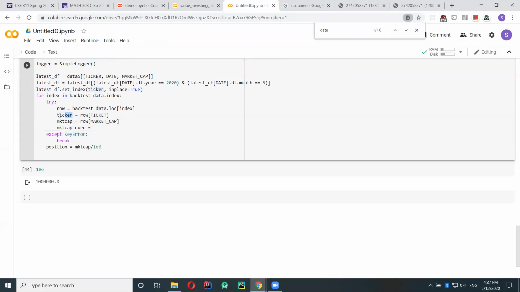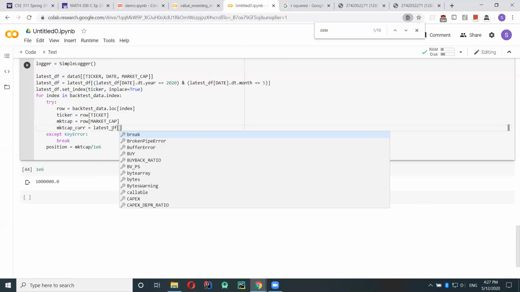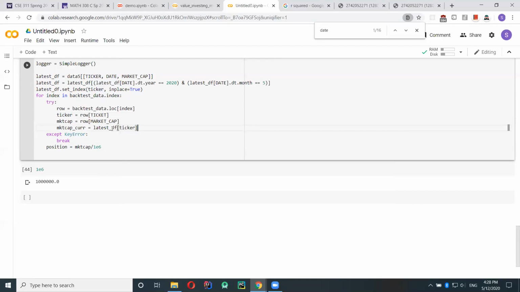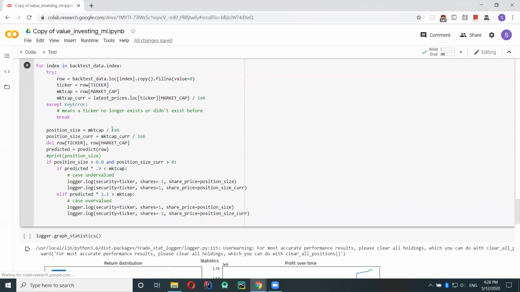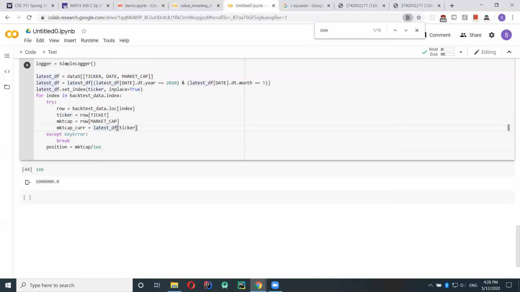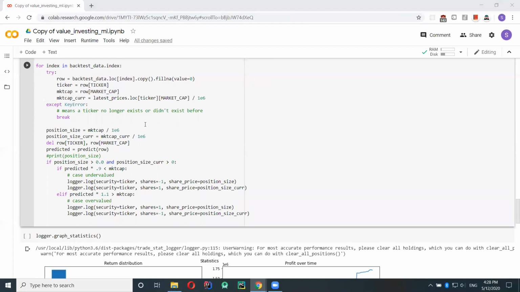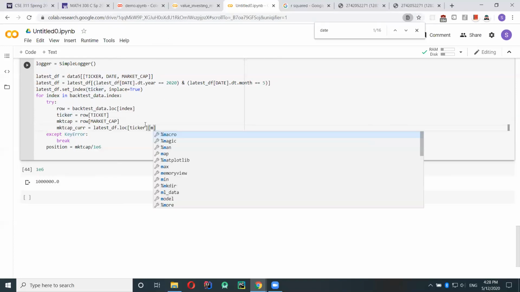To access that data, we have the ticker here, so let's get the current market cap for this ticker. Latest DF is where we stored the market cap data. Oh yeah, I forgot, row-wise indexing. We also get the market cap.